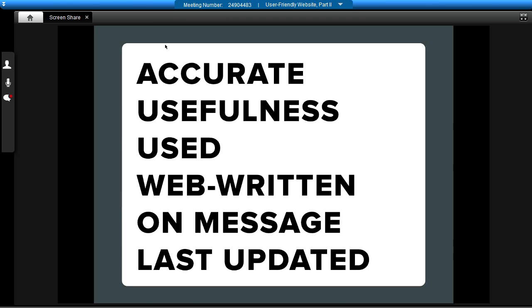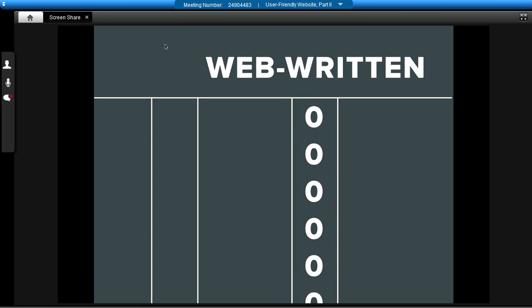Same, for instance, with web writing. So 0, this page needs a complete overhaul. 1, this page needs some minor adjustments. 2, this page is totally written for the web. If you do any more granular of a scale, things just get a little bit meaningless. But at any rate, if you go through and you assign figures and values to all these different things,